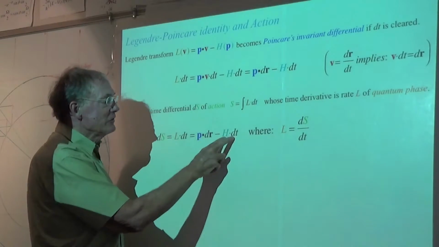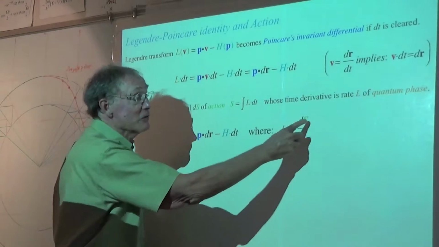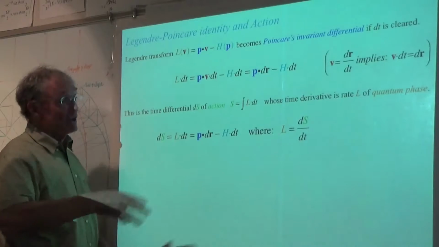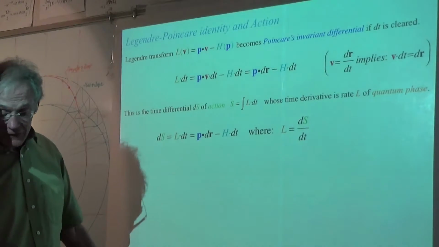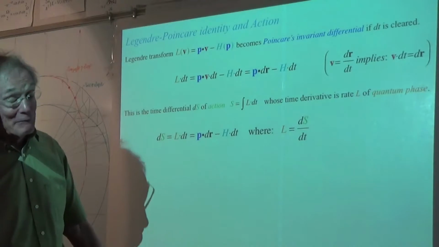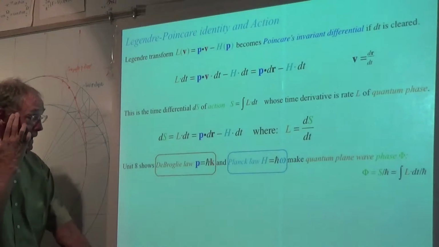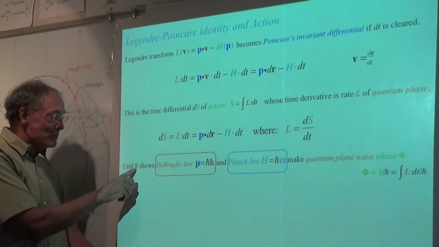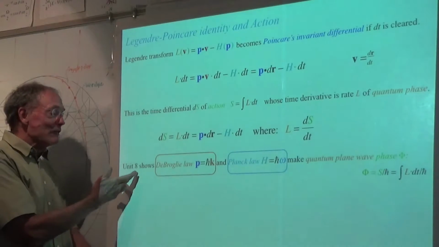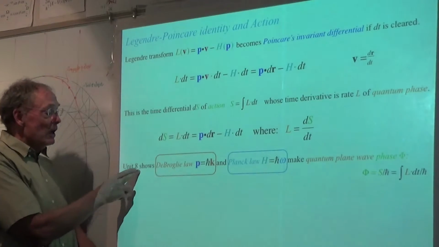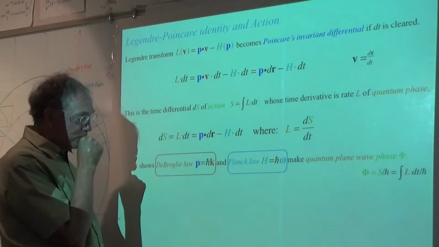p dr and H dt, where this is the definition of a Lagrangian in terms of action. It's the time derivative of that stuff called S, the generator of active time transformations, okay? That's what we get later. We jump ahead to where we prove by relativistic stuff, wave phenomena basically, the de Broglie law, which came in 1921 about,